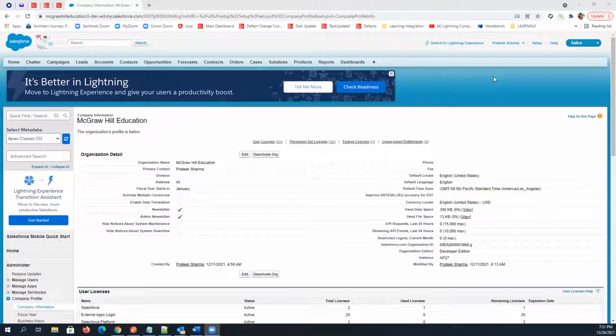If you have that profile, you can do anything in this org. Only a system admin can create users. Any metadata or data level change, they can do. Anybody can make data changes, but only a system administrator can make metadata level changes.